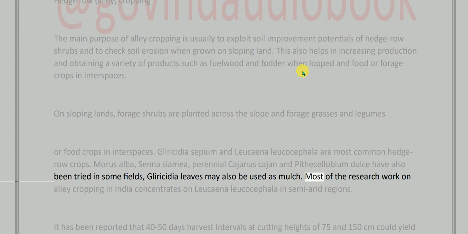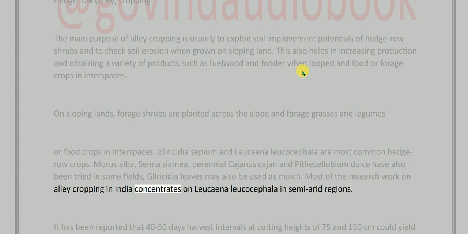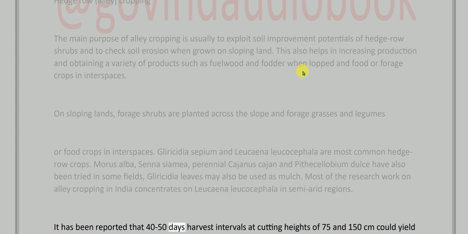Most of the research work on alley cropping in India concentrates on Leucaena leucocephala in semi-arid regions. It has been reported that 40 to 50 days harvest intervals at cutting heights of 75 and 150 centimeters could yield 50% or more foliage as compared to 15 centimeters cutting height. Lower harvest frequency